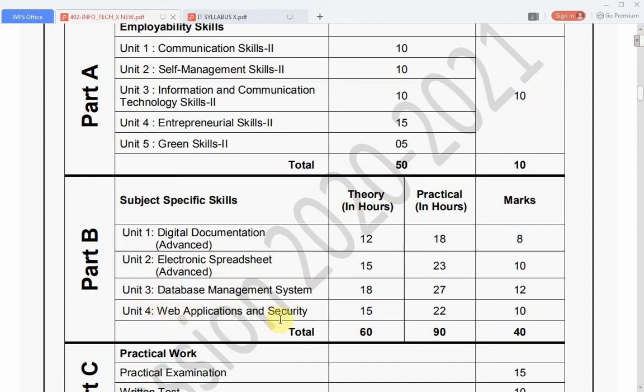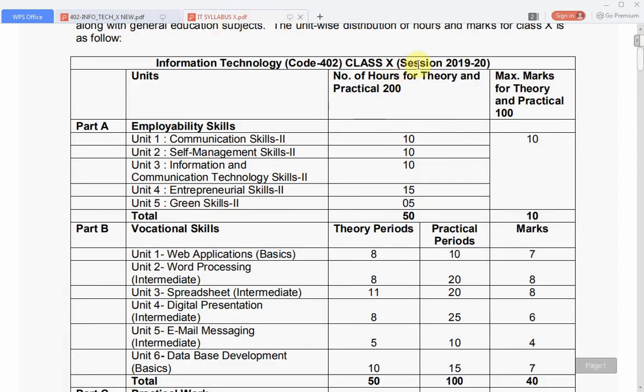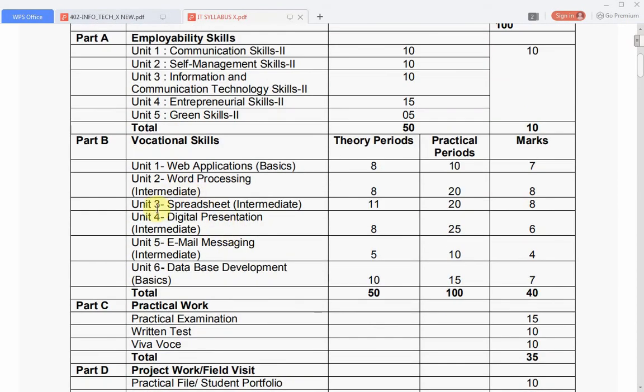If we compare with the syllabus of 2019-20, the syllabus is the same, but it has been reduced by 2 chapters. Unit 4 digital presentations and unit 5 email messaging have been reduced.